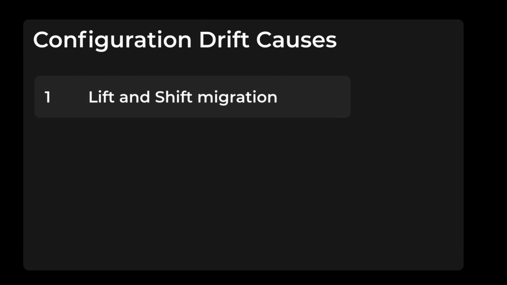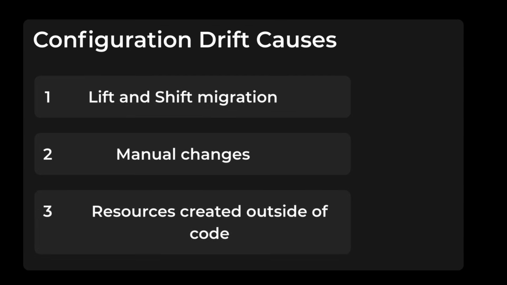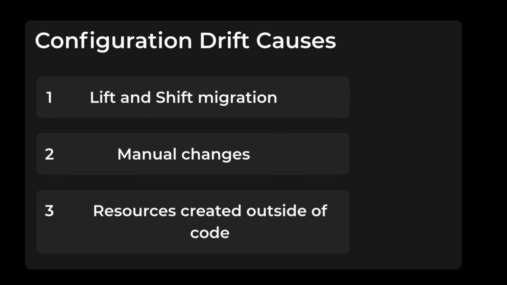cloud engineers. And this is a problem because many of us inherit cloud environments, and these environments just kept on growing. It could be because of a large lift and shift migration. There's been a lot of manual changes that we are unaware of, and obviously these are resources that are created outside of infrastructure as code. And what do we have? What have we inherited? Well, we've inherited an environment with a lot of configuration drift, security risks, and generally just